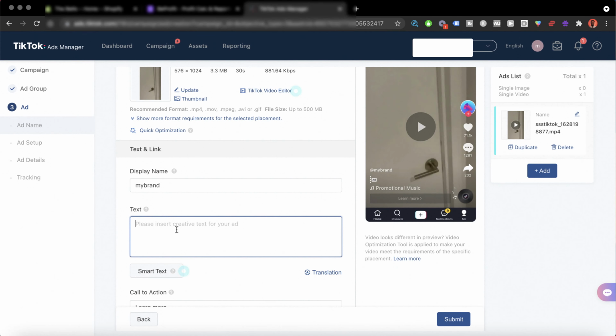In the text area, don't go put some long description like you used to do in Facebook ads. TikTok ads is a way different platform. What I like to do is,